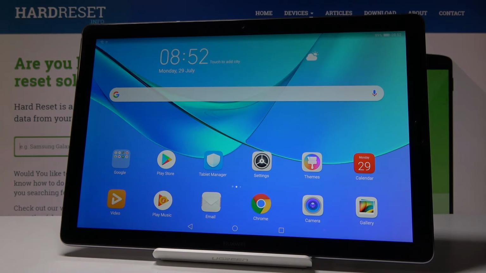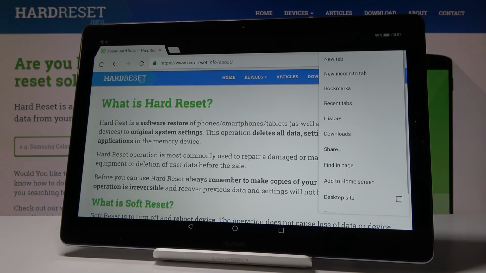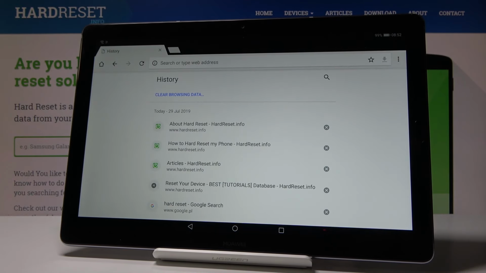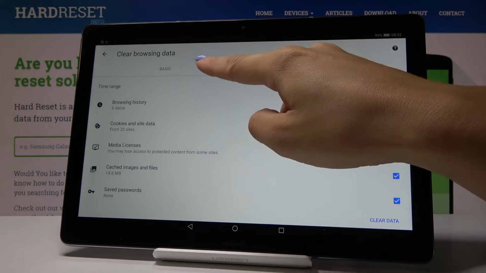Here I've got Huawei MediaPad M5 and let me show you how to clear browsing data on the following device. So at the very beginning you have to open the browser that you are using, in my case it's Google Chrome, then select the More icon, which is the 3 dots one in the right upper corner, and now pick the history. Then here you will notice Clear Browsing Data option, so simply click on it,